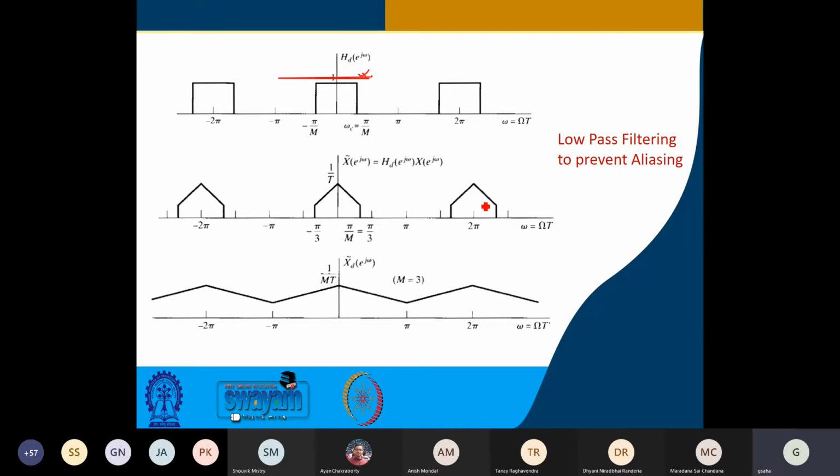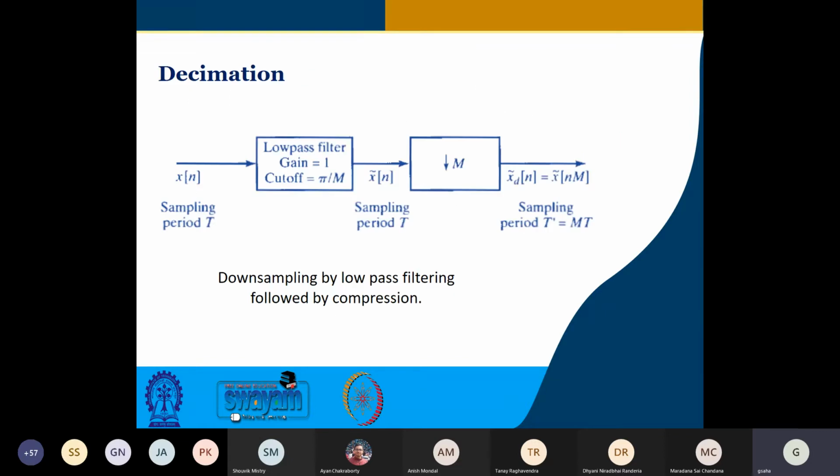So this is now the low pass filtered signal output, and then you do the downsampling. You will see that there is no aliasing occurring. Okay, so this is the standard method. This process as a whole is called decimation. The block diagram that you see over here is self-explanatory from the discussion we had a short while ago.